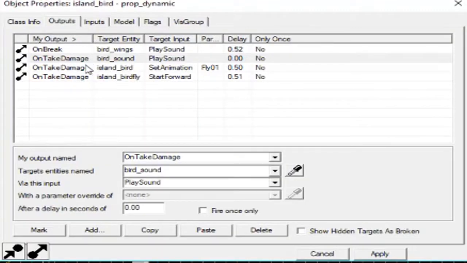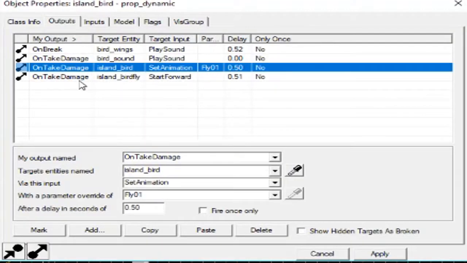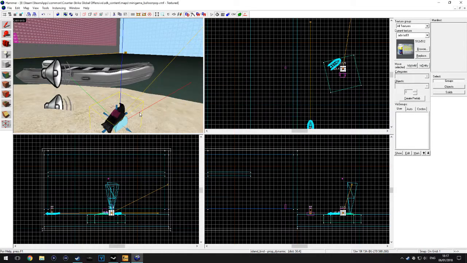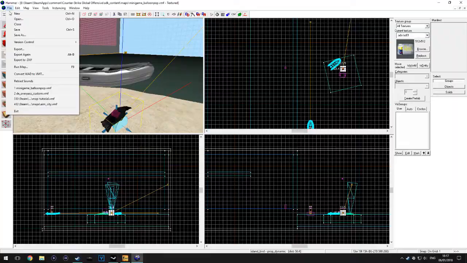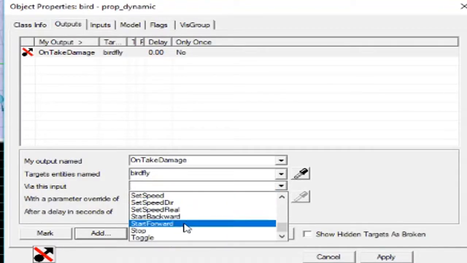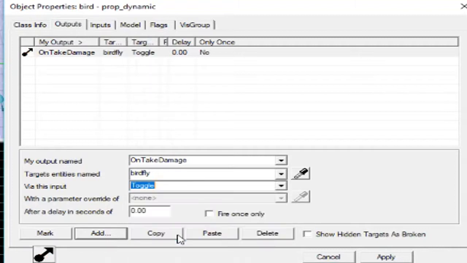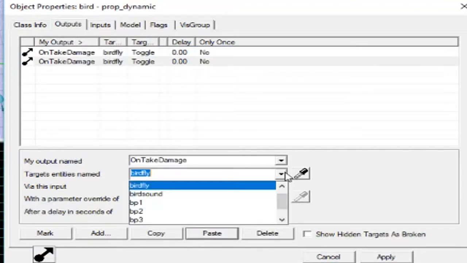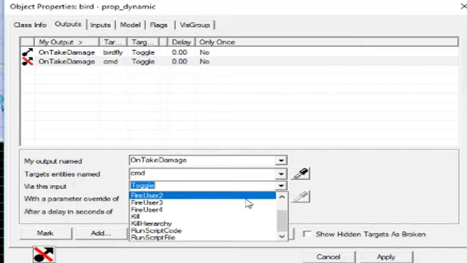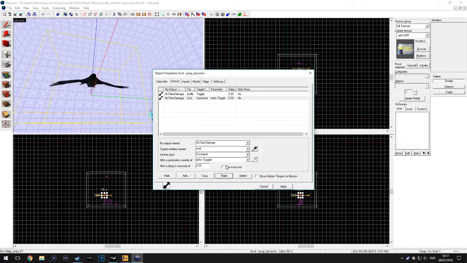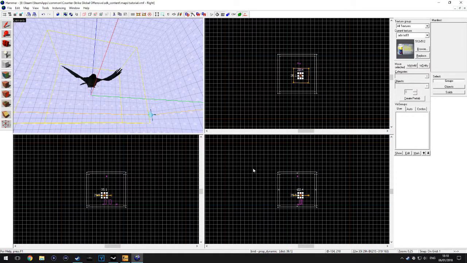On take damage, set animation, then start that. So let's try that for the tutorial one. The bird to stop flying, so we need the bird fly, then we're going to tell it to stop. To go actually. Then we're going to copy paste and change this to CMD and change this to console and make an echo of toggled. Save,